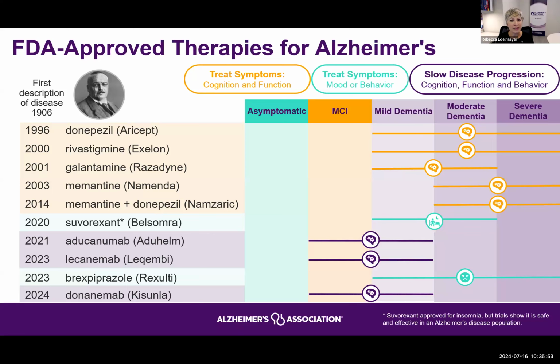And you will see at AAIC that a variety of different studies are going to be presented. Again, not only developing treatments for Alzheimer's, but also frontotemporal dementia, Lewy body dementias, vascular disease, and even other types of dementia. And so that research will continue.